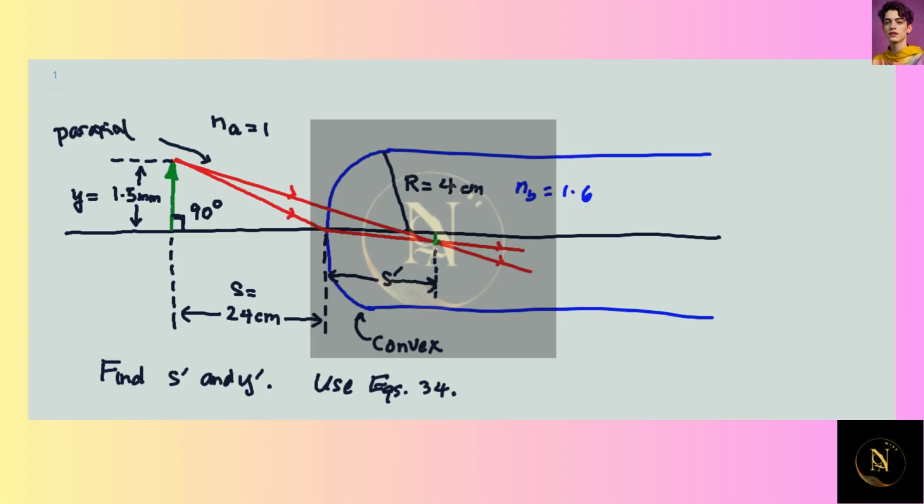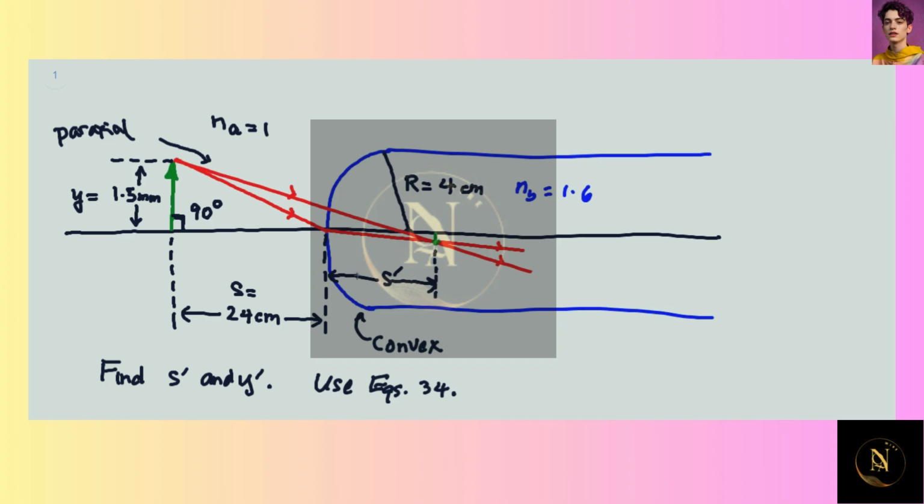In this problem, I drew a picture to indicate all the pertinent bits of information that are given. So let's start with the object. We're told that the object is at right angles to the optic axis and it's an arrow. And we're given the height of 1.5 millimeters. And we're given S, which is the distance from the object to the vertex of this glass rod, that is